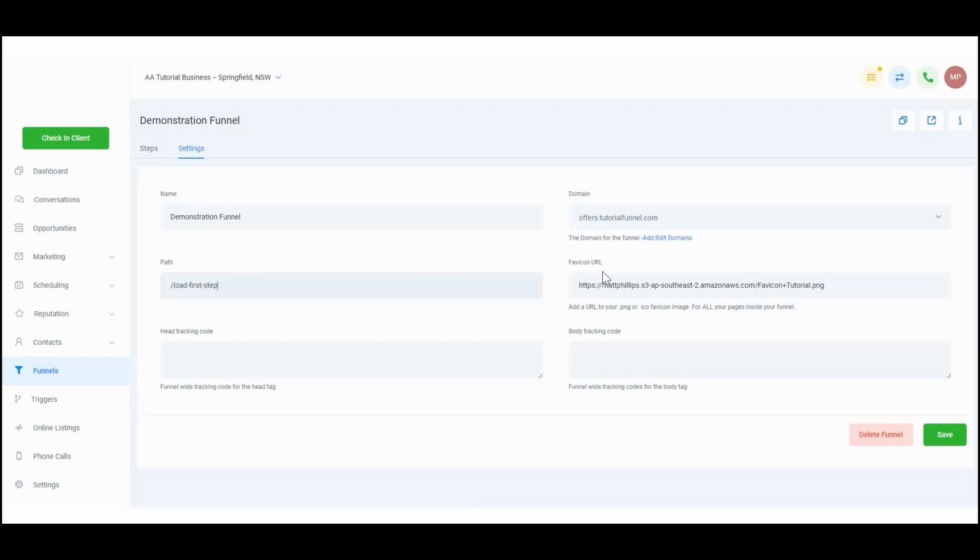The favicon URL is where you can upload the location of an image that will display your favicon. There is a separate video about how to do that. And then you have head tracking code and body tracking code. And the codes that you put here are basically scripts that affect every single page in your funnel. So let's go back to the steps here